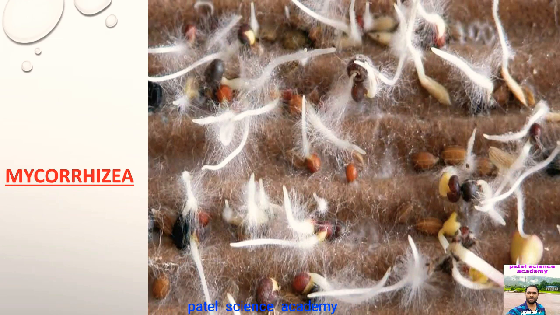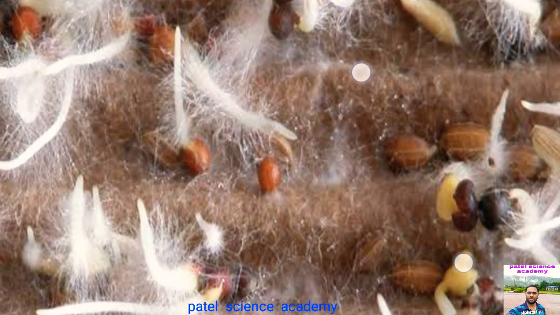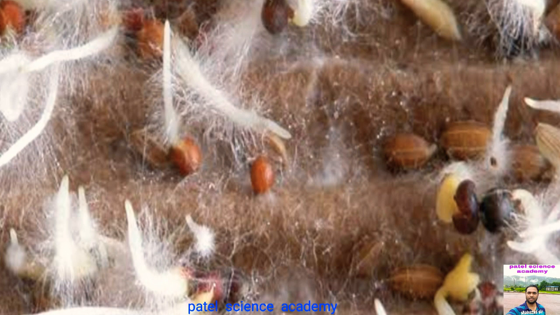This is mycorrhizae, which is useful as a fungus in the field of microbes in human welfare, for the plants as a biofertilizer. Dear students, this mycorrhizae is a fungus, and it forms a symbiotic association with the underground parts like the rhizomes and the roots of higher plants occurring in thick humid forest. These were discovered by Frank in 1885, and there are two types, ectomycorrhizae and endomycorrhizae.